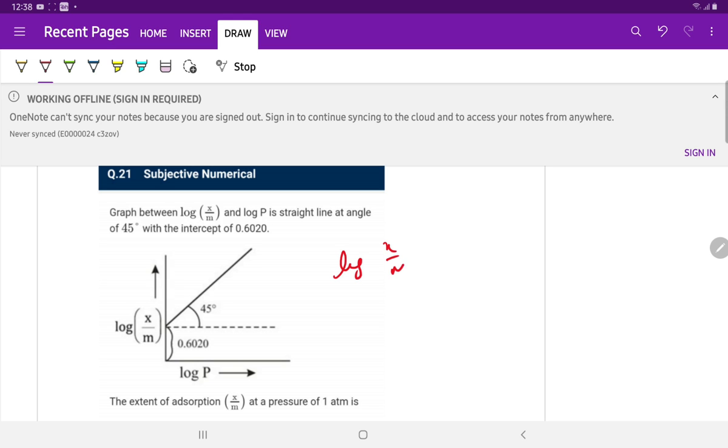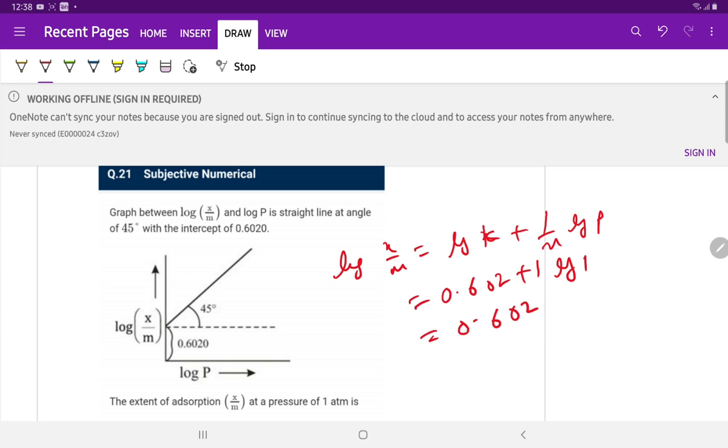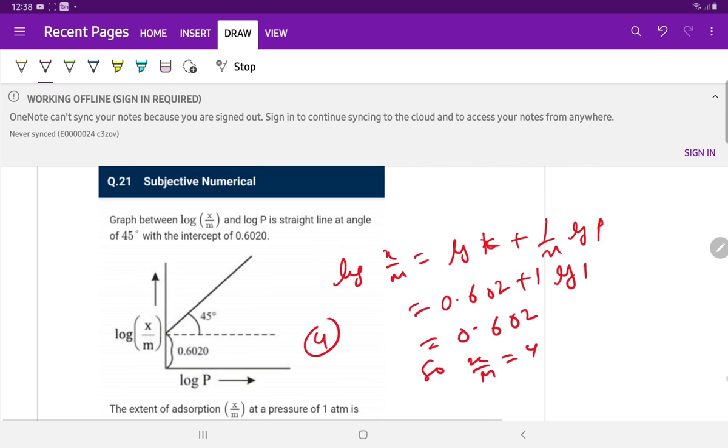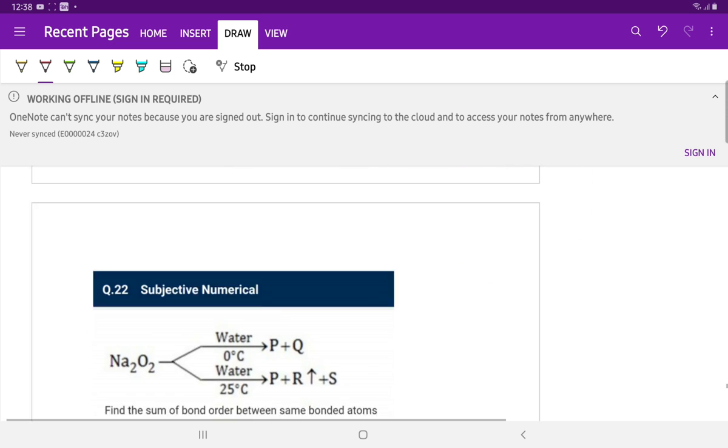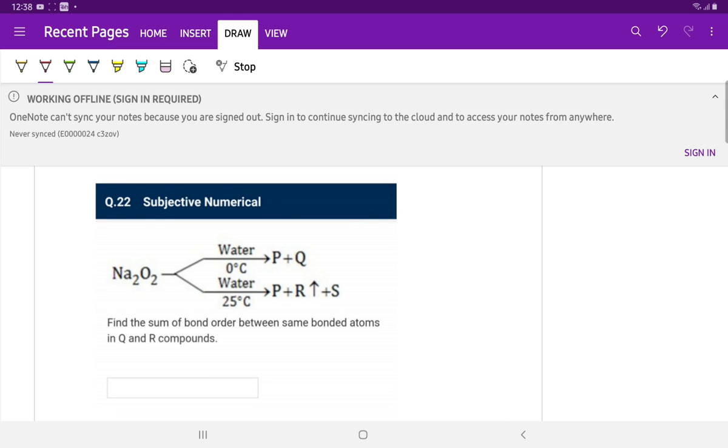Log of x by m is equal to log of k plus 1 by n log of p. Log k is 0.602, plus 1 times log 1, gives 0.602. So x by m is equal to 4 at 1 atm. By using the Freundlich adsorption isotherm, the angle is 45 degrees and the intercept is 0.602. Okay. Question number 22. Na2O2 reacts with water,